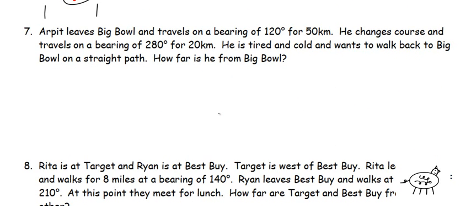So next one. R. Pete. Okay, good old R. Pete. He leaves Big Bowl. I guess they have big bowls there. And travels on a bearing of 120 degrees for 50 kilometers. All right, this is actually a really, really good problem. It's a little challenging just because of the drawing here. But he travels on a bearing of 120 degrees. So let's do that. And here's 120 degrees